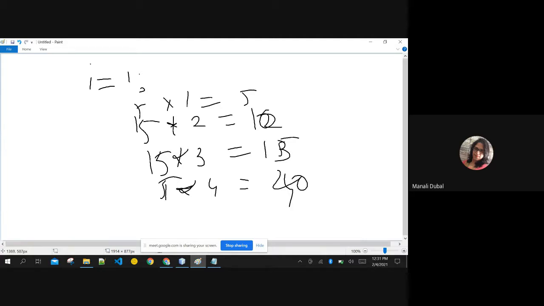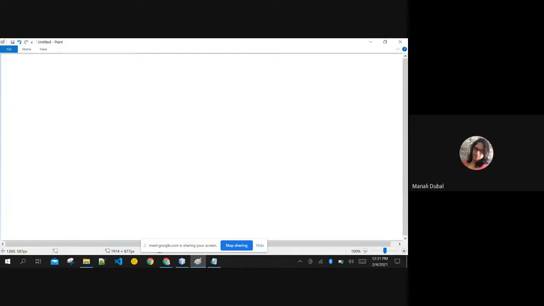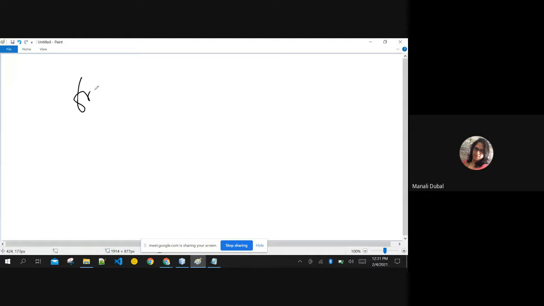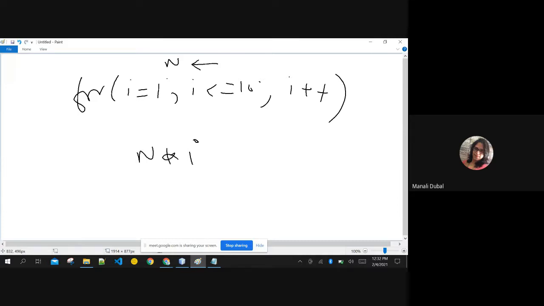Yes, exactly. What you need to do is start your loop with 1 and end at 10, so that you multiply your input number n with i and store it in some variable answer.